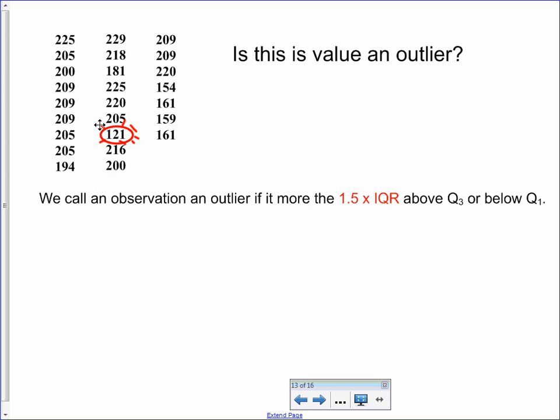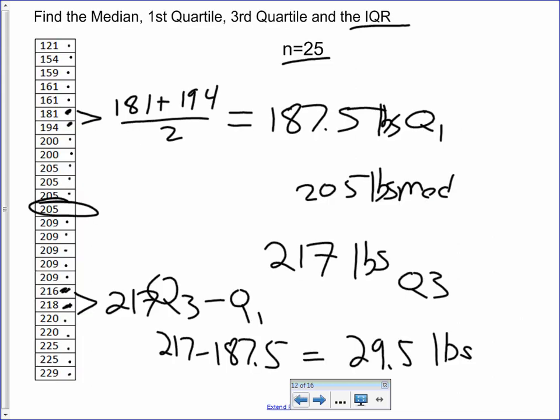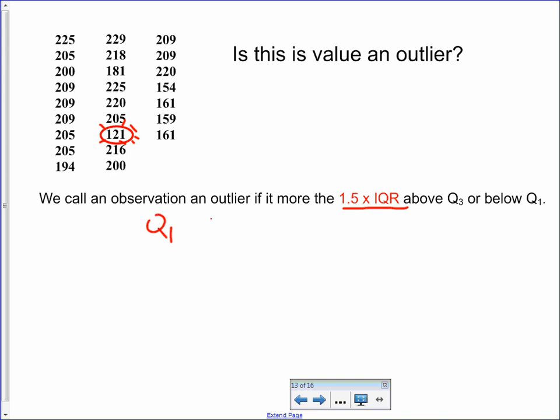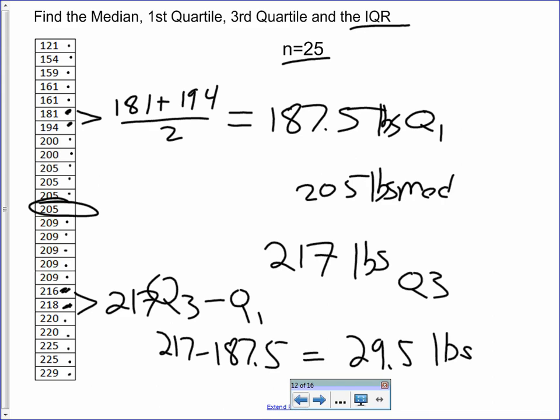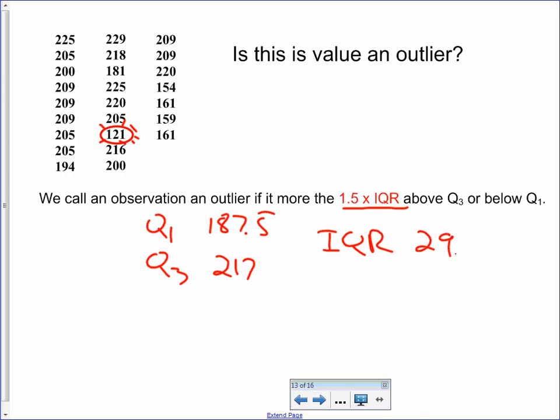And so here is our first definition of if something's an outlier. If it's more than 1.5 times the IQR above Q3 or below Q1. So if we go back, we had Q1 was 187.5. Q3 was 217. And the IQR we said was 29.5. So